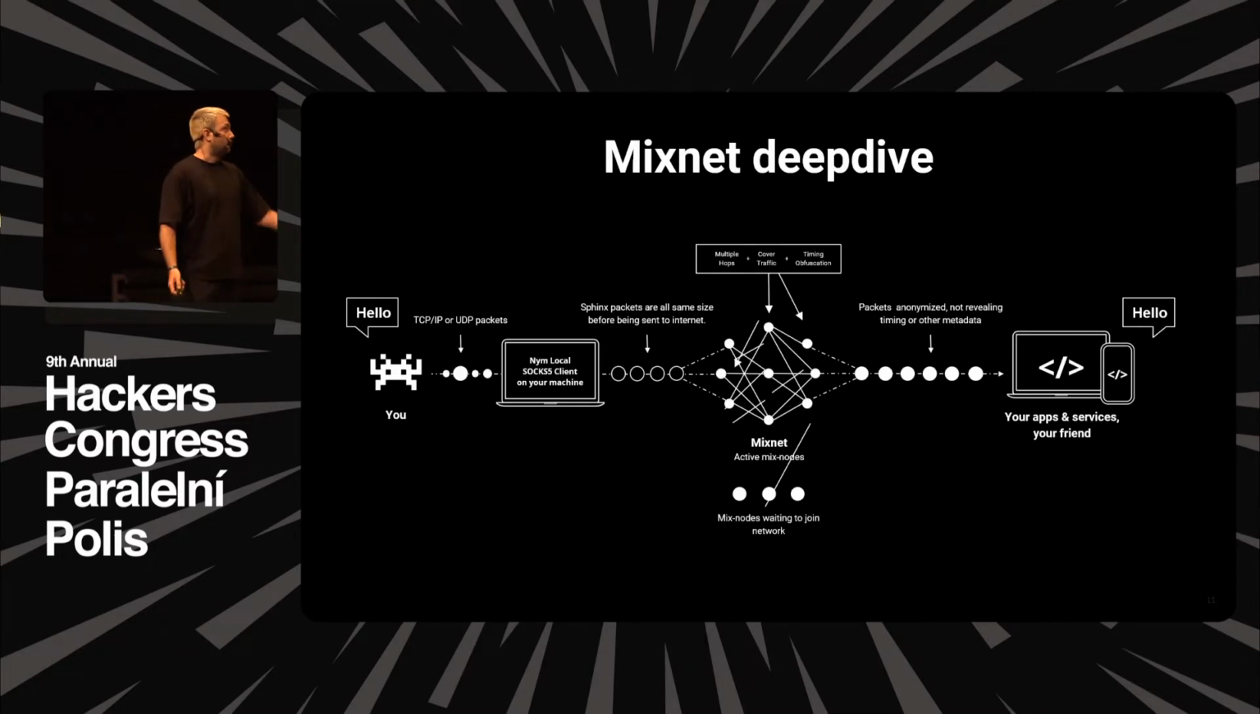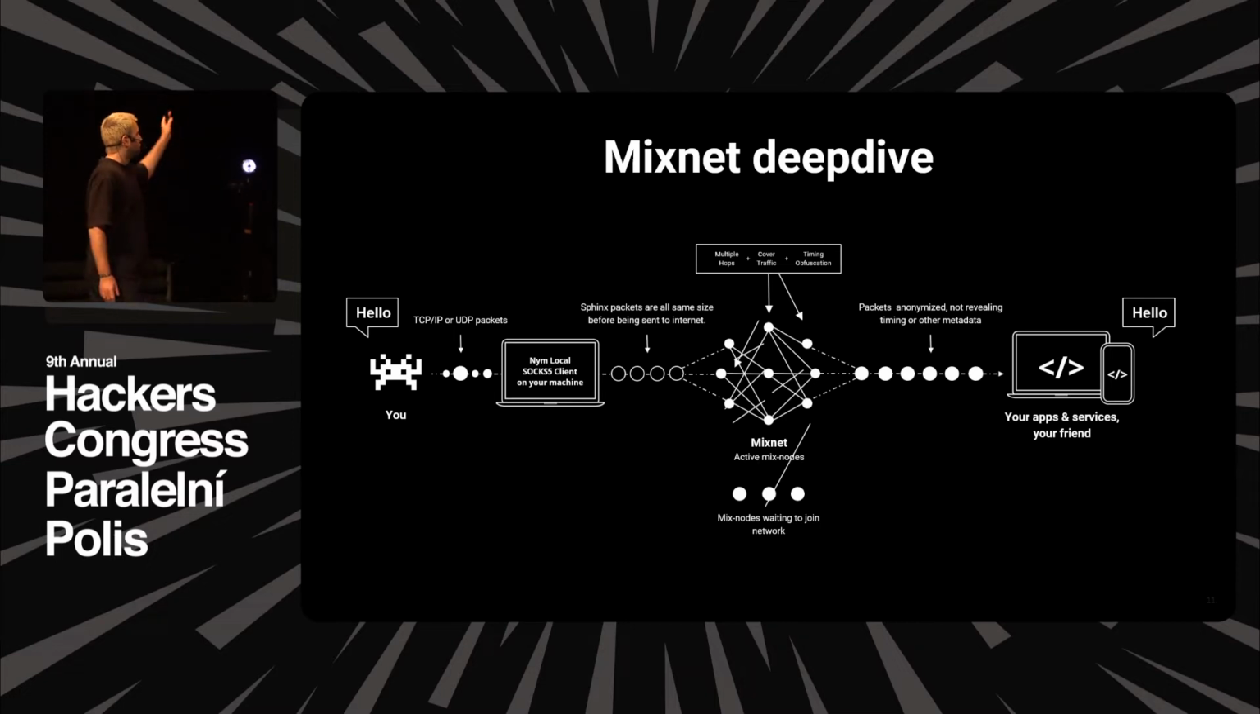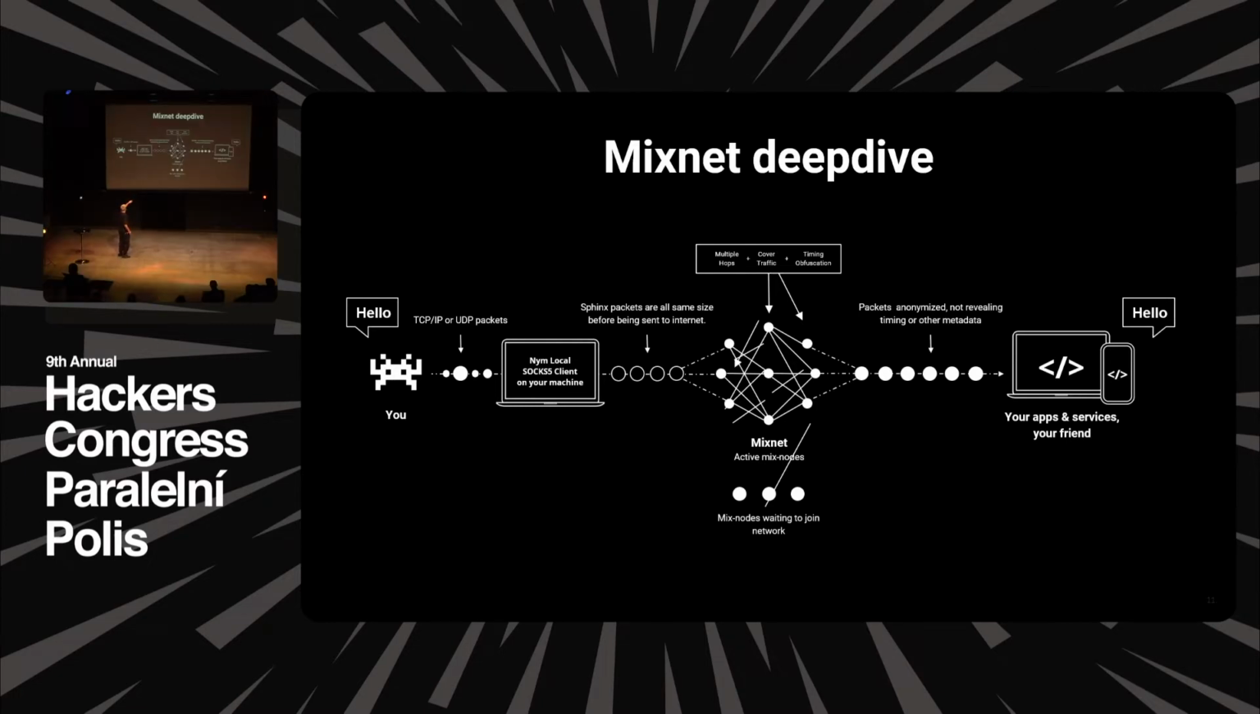And so this is kind of a deep dive. This is kind of a summation of everything that I just said. So let's follow the traffic all the way through. We have me on the left-hand side. I want to send hello to any of you. I will just send normal packets to the NIM client, which is running on my machine, which is just a code process which accepts all of this traffic, chops it up into these identically sized, identically encrypted Sphinx packets. It orders them, and it then routes each of these through the mixnet according to each 3